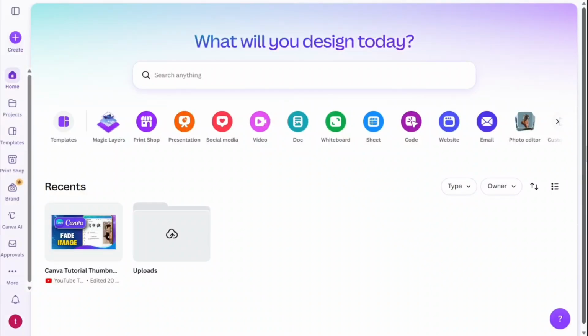In this video, I will be showing you how to make a presentation in Canva with AI. Let's get started. Starting on the Canva home dashboard, I navigate across the top options and click on Presentation to